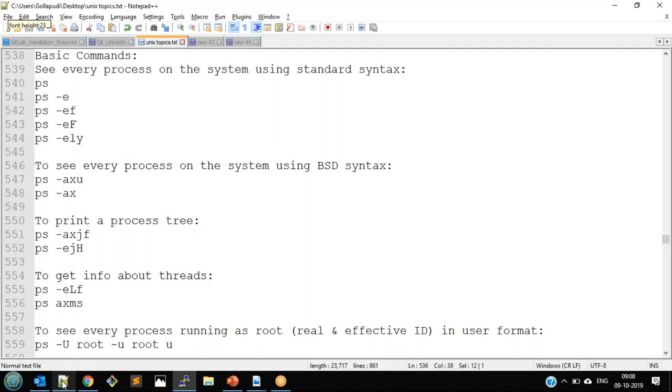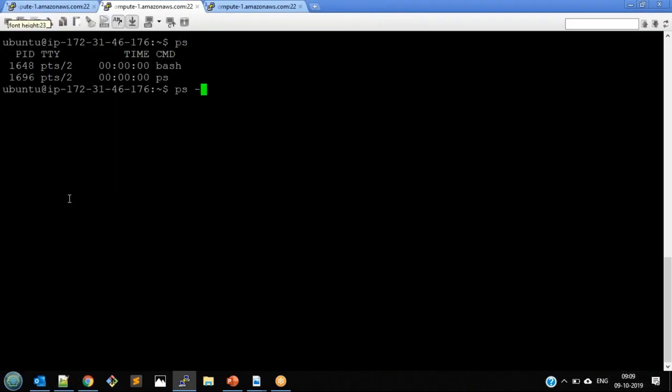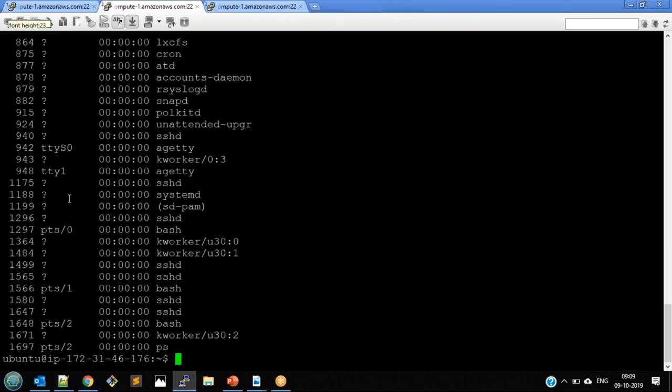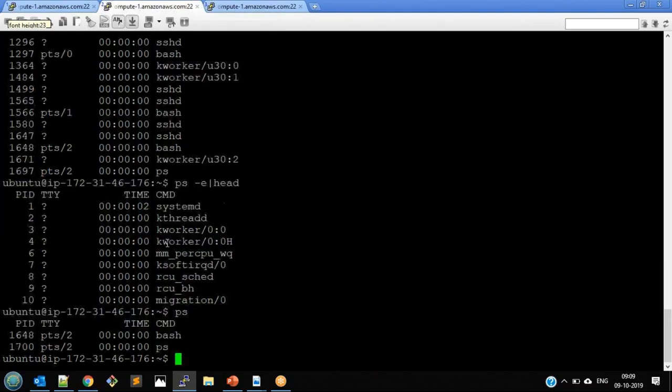Now come back to my notepad. So the basic command says ps. I executed ps. How the output was, I was able to tell you. Next, ps minus e. If I say ps, it shows me this output. ps minus e, what is this? So much of output. So if I say head, you see here, all that it displays is PID, TTY, time, and CMD. ps also was returning the same thing,